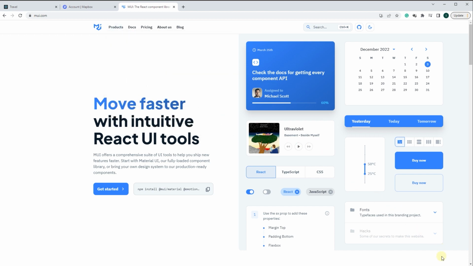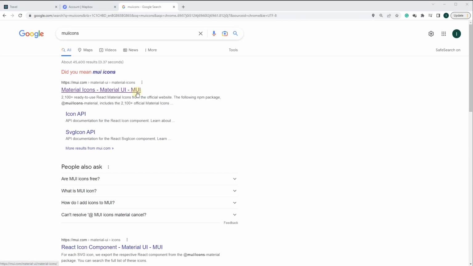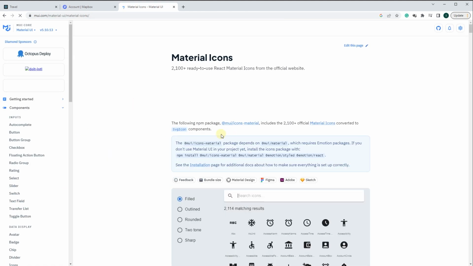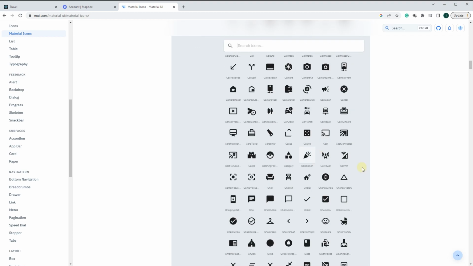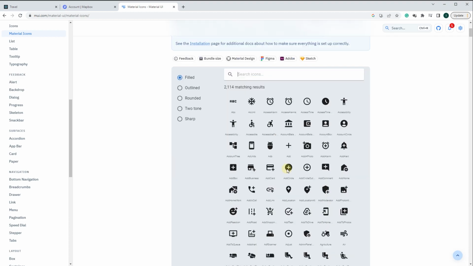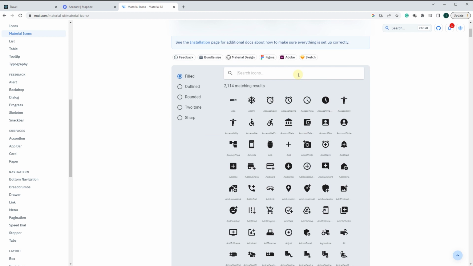We have opened the browser and we are on Material Icons, Material UI, and these are the icons that I've been talking about. Currently you have a lot of icons to choose from, and the way you set them up is when you write something here. So for example,